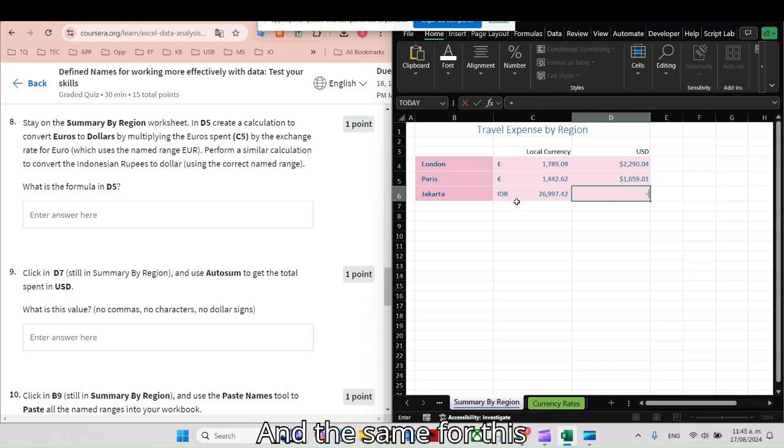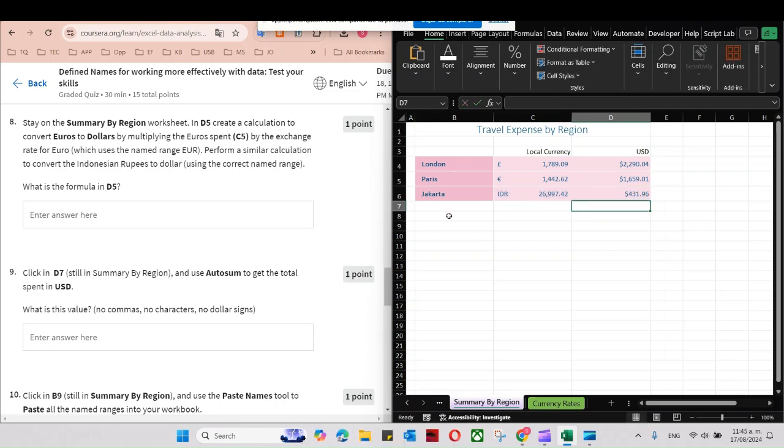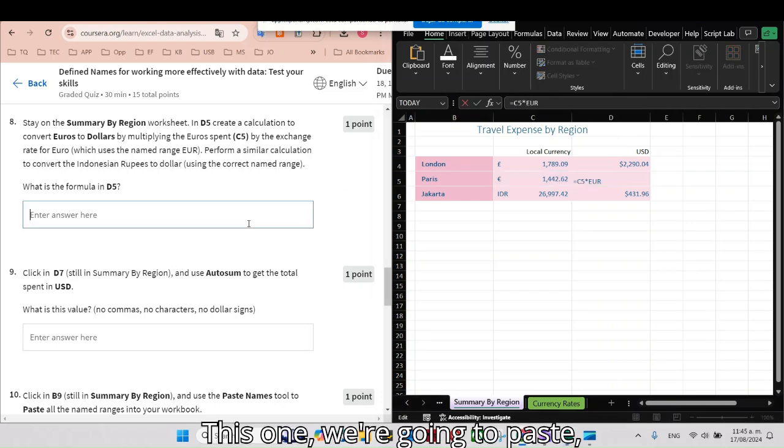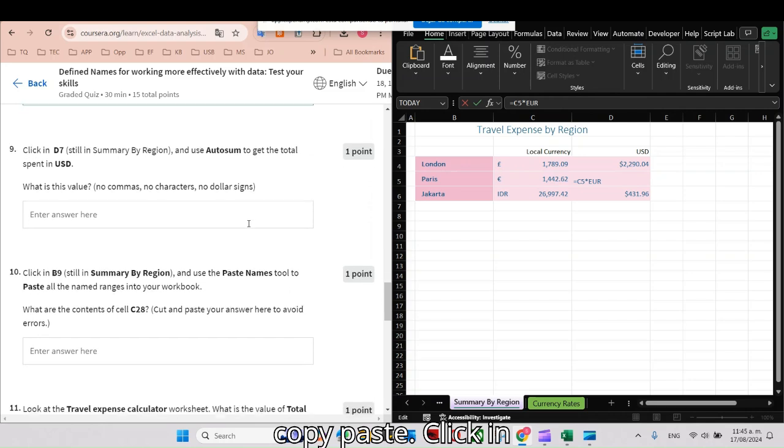And the same for this, that times the Indonesian rate. What is the formula in D5? This one. I'm going to copy paste.